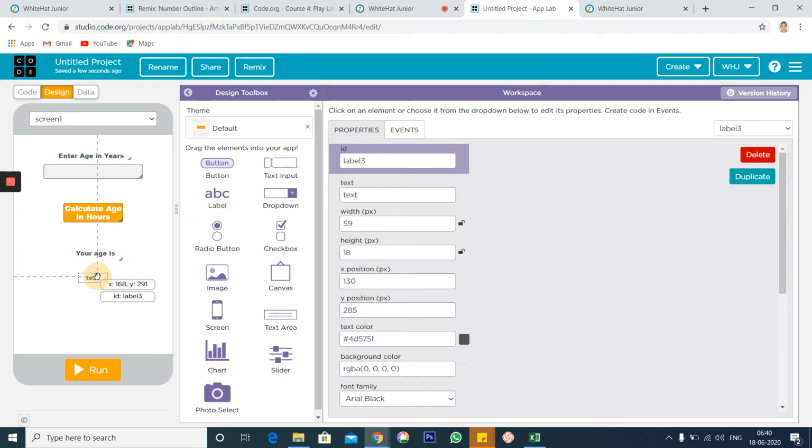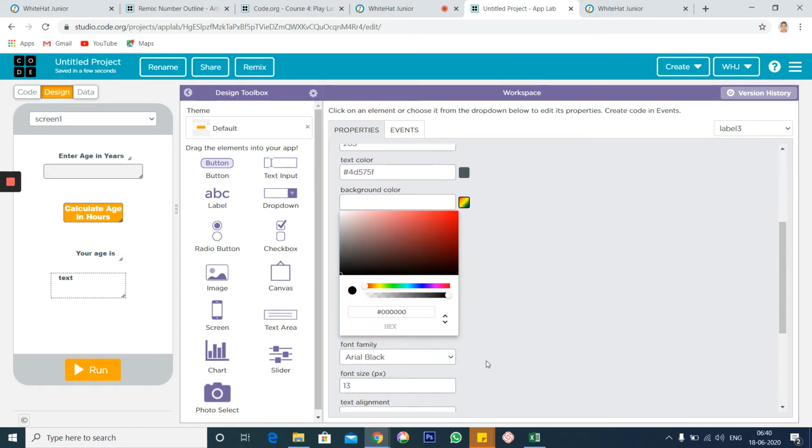We don't know what the size is going to be, right? So I will just change it to 150 by 50 to be on the safe side, so that even if it's a bigger number, it's visible to us. And I will change the background color for this so that I can know that this is the answer tab and this is where I have to look.